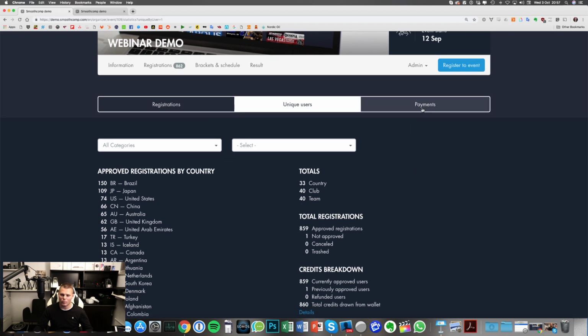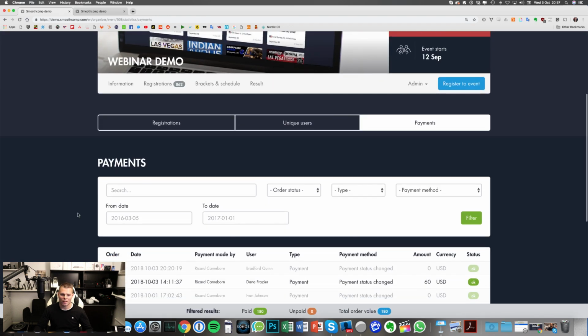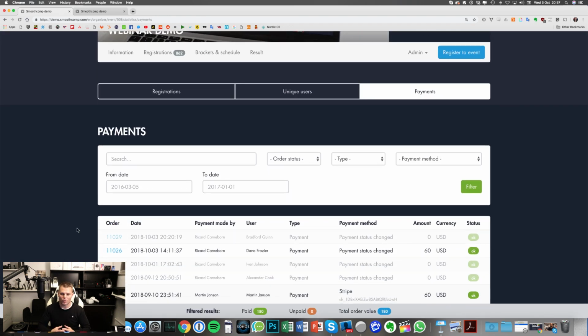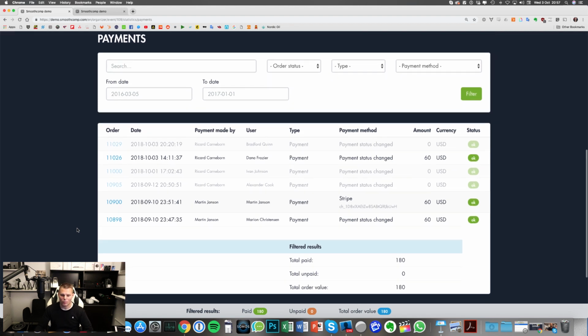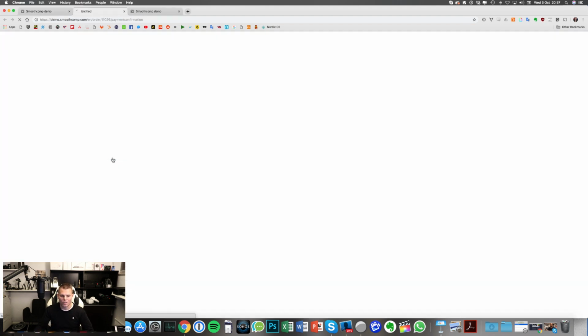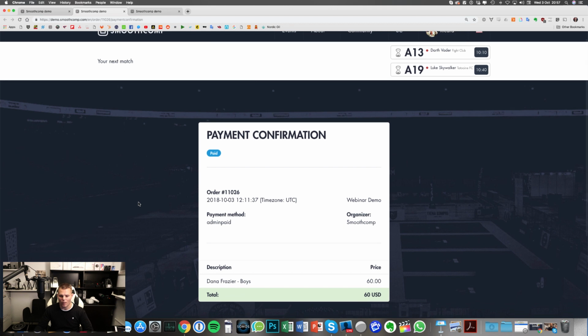And then the last thing would be the payments statistics. When you're working with the event and people are paying for your tournament, you're making refunds, there's a lot of things going on during the tournament, that will be reflected here. So for your accountants, you can give them access to this and they will be able to see everything that happened. You can click on each order to see how much they paid, or if you paid as an admin